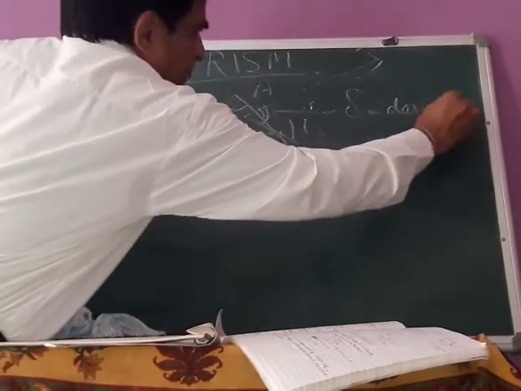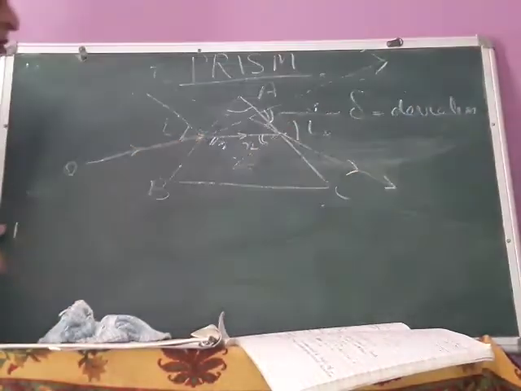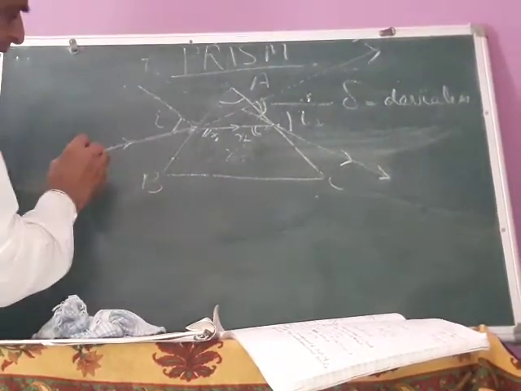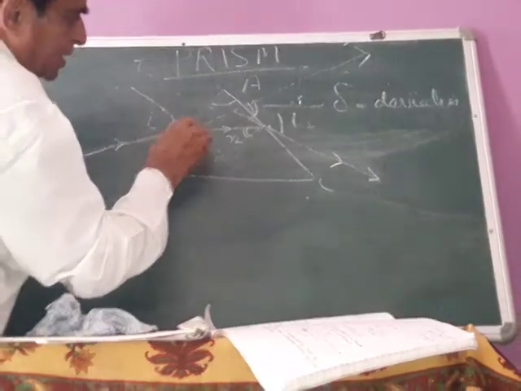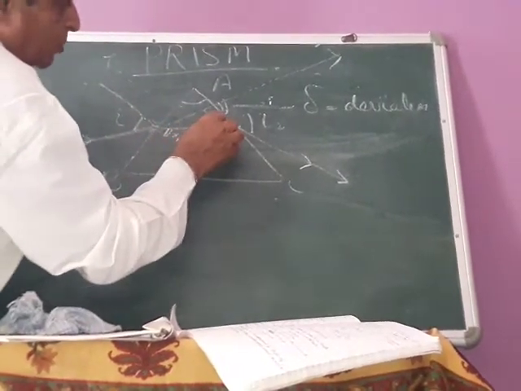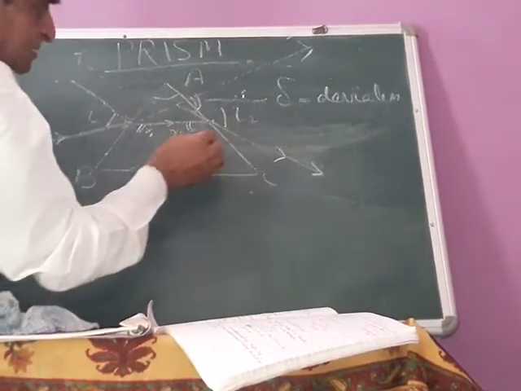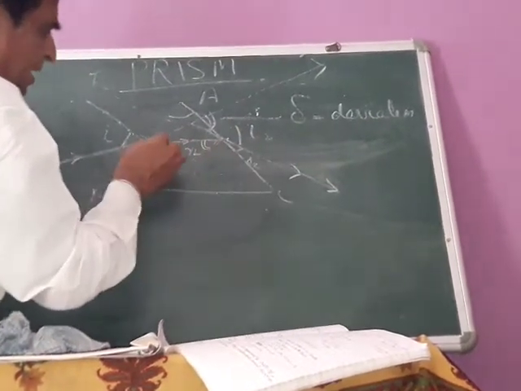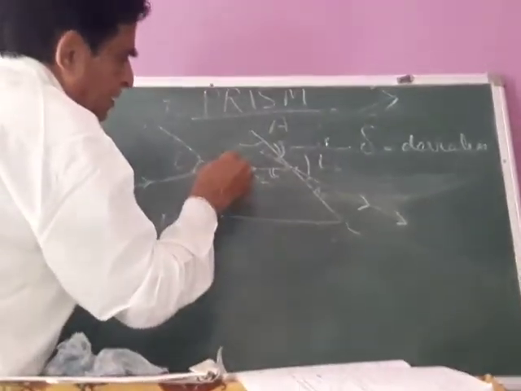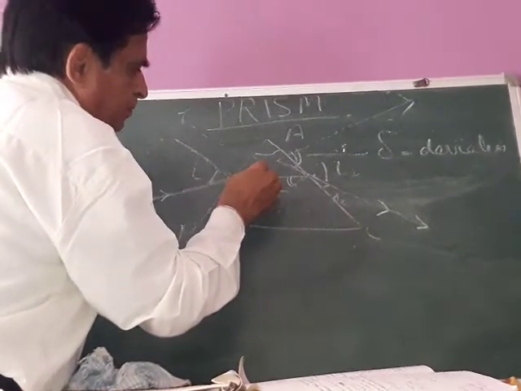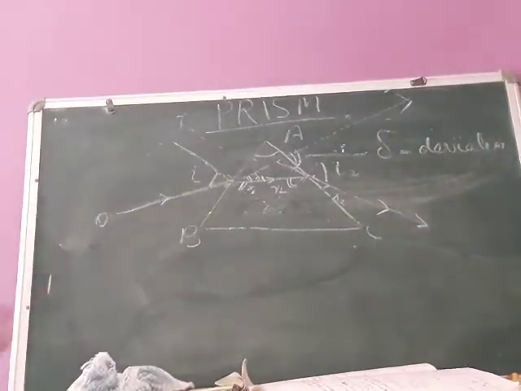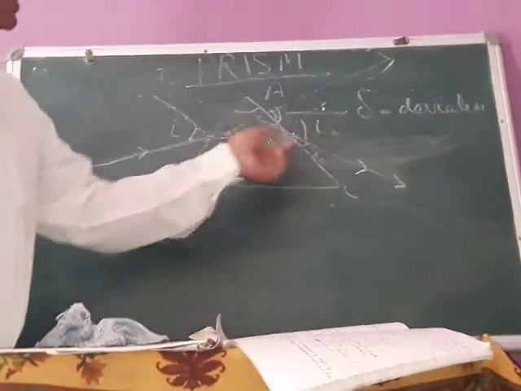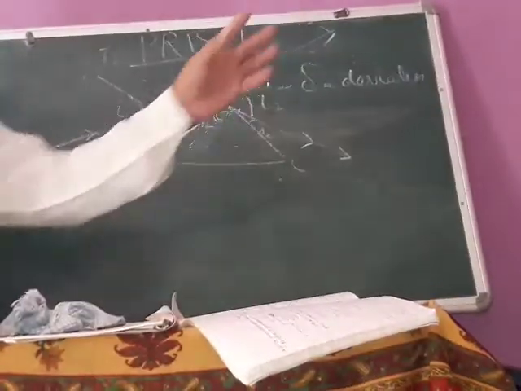Now you see, in this case, the ray deviated twice. One, it was going this side and deviated here. From here, it goes this side and deviated here. So this angle is the second deviation, and this angle is the first deviation. Okay, so delta 1, delta 2, and the total delta 1 plus delta 2 is the deviation.